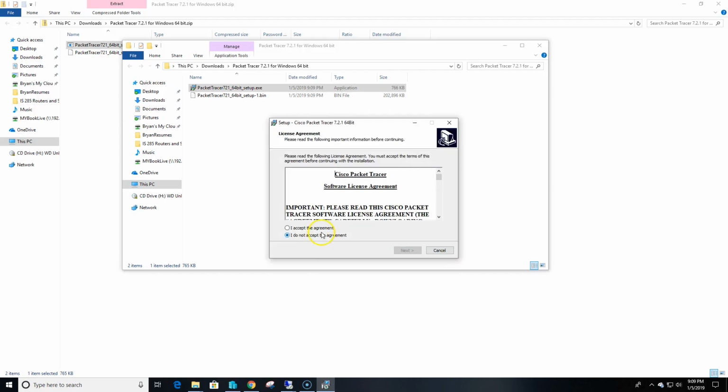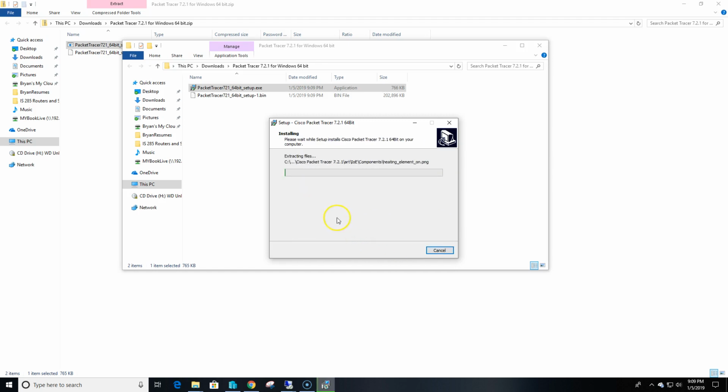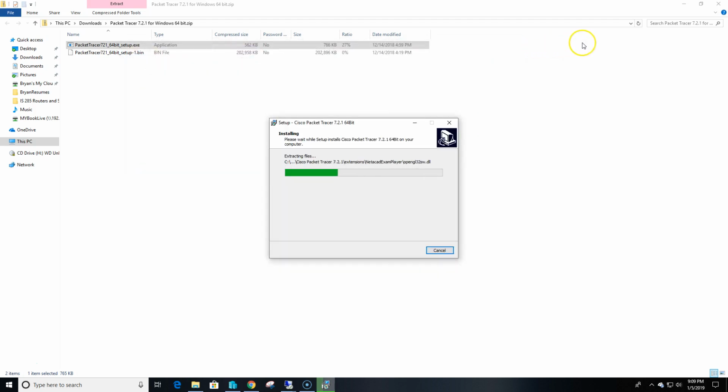Installing Packet Tracer is straightforward. It's just like installing any other software. Accept the agreement. Next, next, next. You can change any of the defaults if you want to, but you don't have to. You can leave them all as they are. And it'll start the process of installing Packet Tracer. Okay, so now while that's going on,